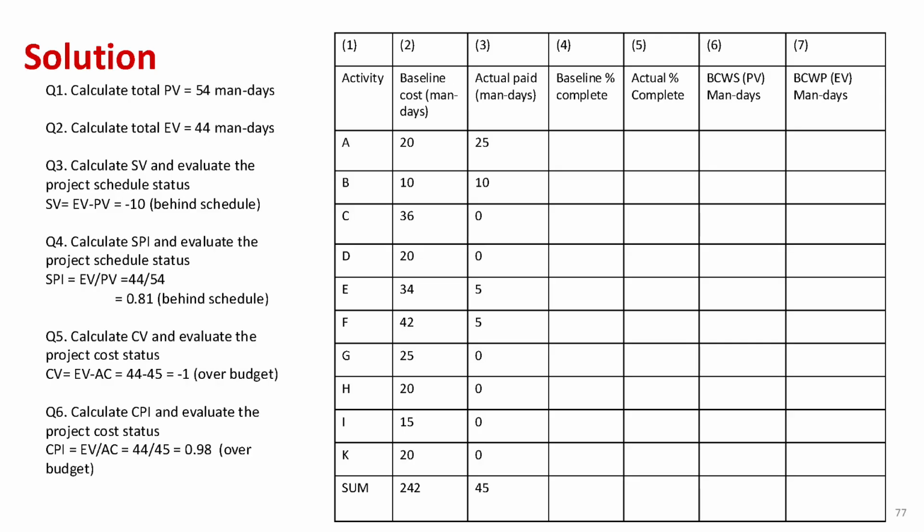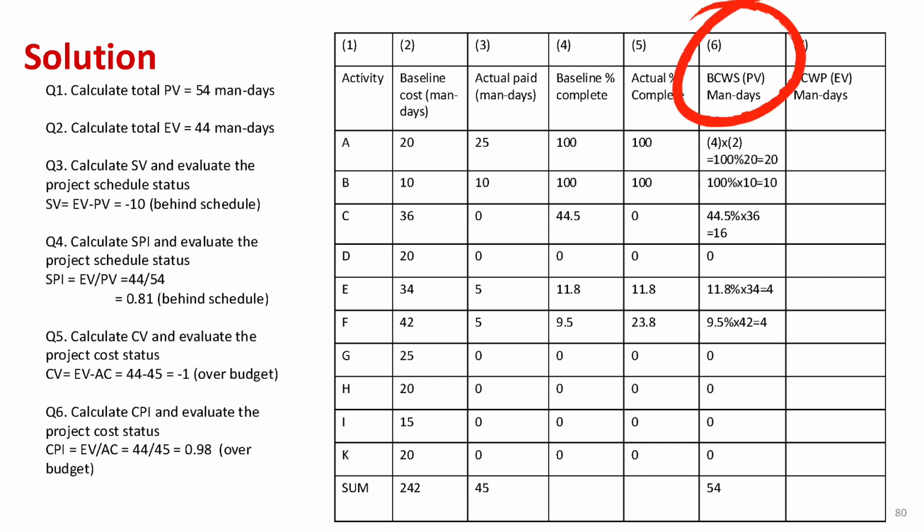Now that we have both the as-planned and actual percentages complete, we'll add those results to the table, the baseline percent complete in column 4 and the actual percent complete in column 5. With this data, we can now calculate the planned value, or PV, and the earned value, or EV. To calculate PV, we multiply the total budget for each activity, column 2, by the as-planned percentage complete,